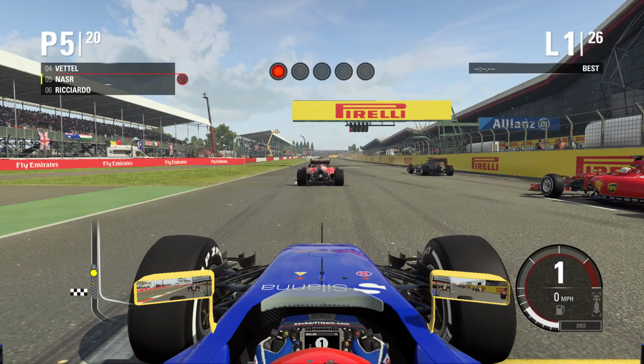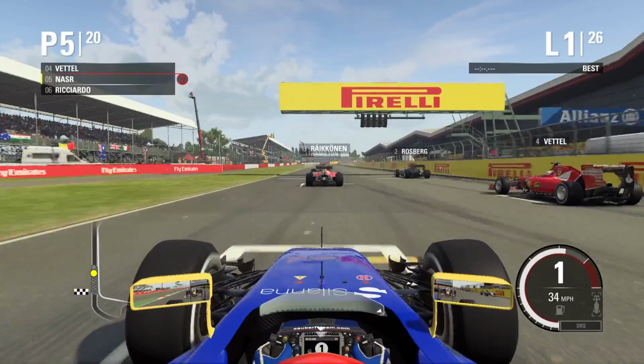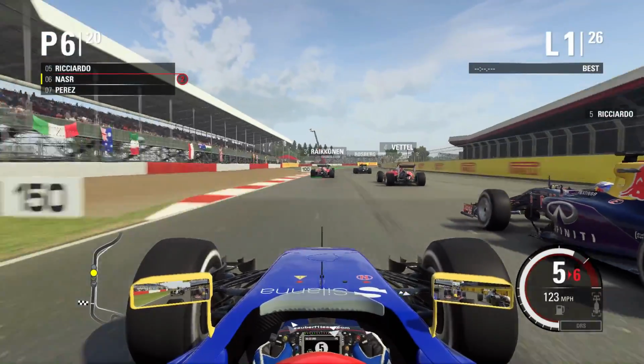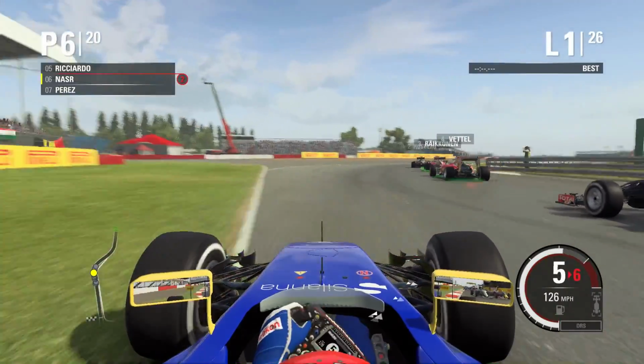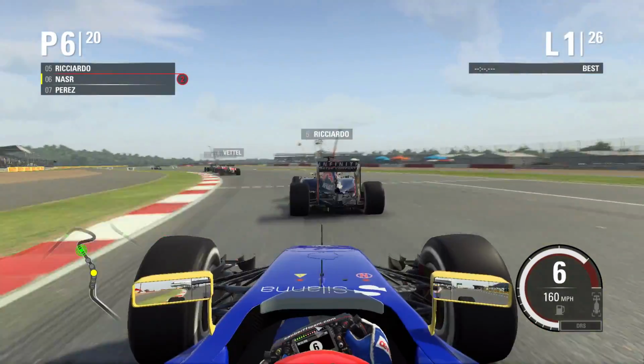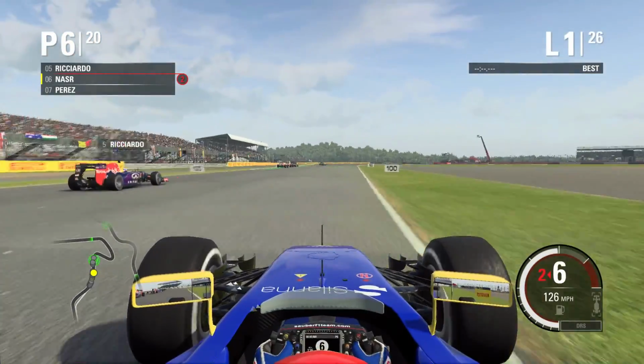But now, the lights are illuminated by the drivers now for the British Grand Prix. And the lights are out now, and we are away here for today's race at Silverstone. In fact, getting off to a very poor start. Ricciardo's already made the jump on us. Once again, we're not getting off to the best start at all, but Ricciardo already overtaken us here, going down into the Abbey corner. But now Ricciardo brake checks us there, and we have to almost go into the back